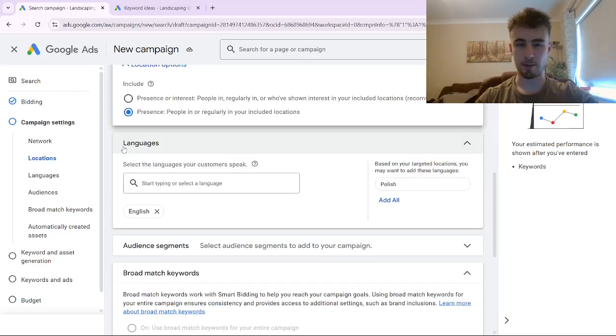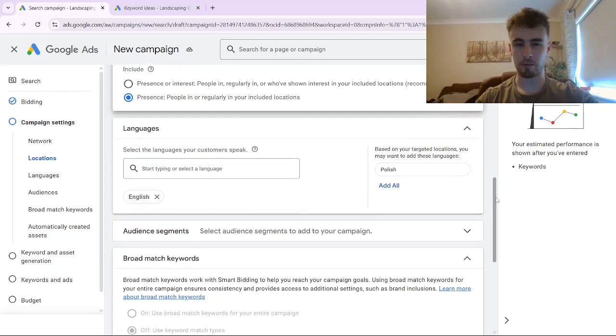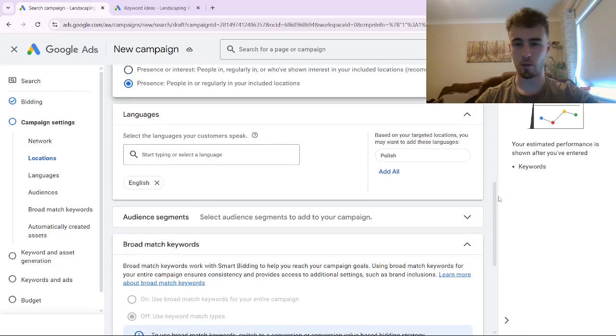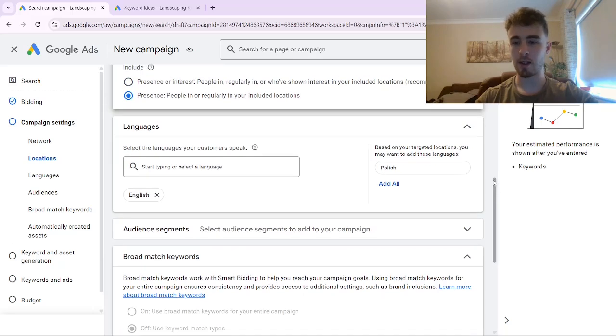And then languages by default should be set to your own native language. And that's usually the one that you want to use for your campaign. But it's worth mentioning that in general, you don't want to run your campaign in multiple languages. If you're targeting a country that speaks multiple languages, then the chances are you're much better off creating a separate campaign for that language. So whatever the default language is set to, that's the language that you're most likely best